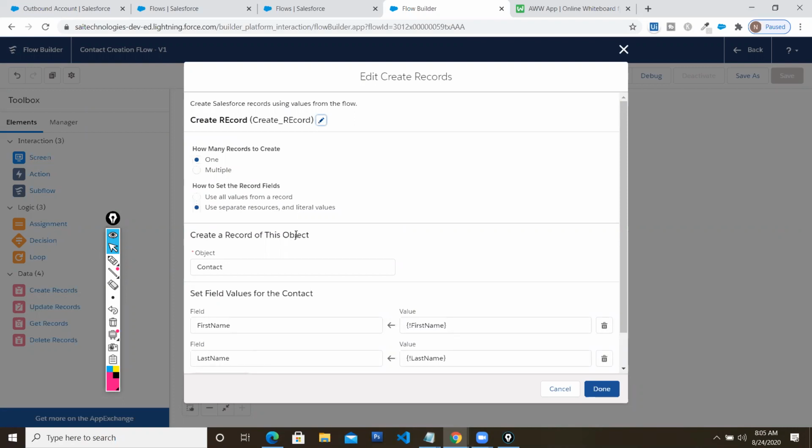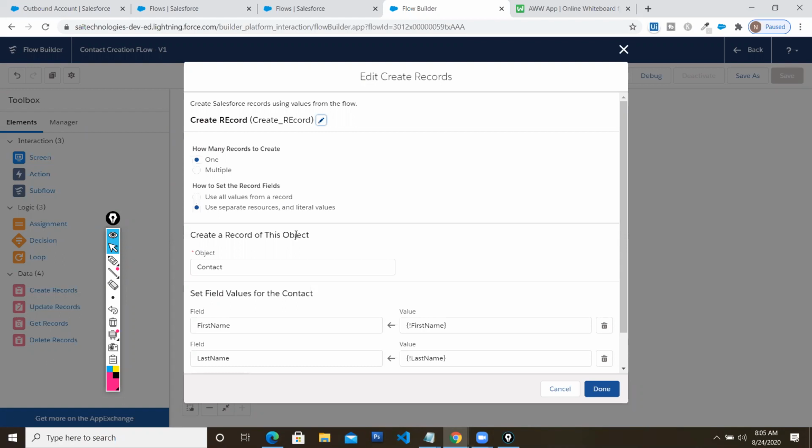If there is no user interaction, it may be the outcome of another process. Let's say an account is being created. Using the account created variables, you want to update one more record, so you can use that same variable. There is no user interaction there. If a user interaction is going to happen, the user will input, and based on the input you want to create something in the element, you can go for use separate resources. You are binding it.